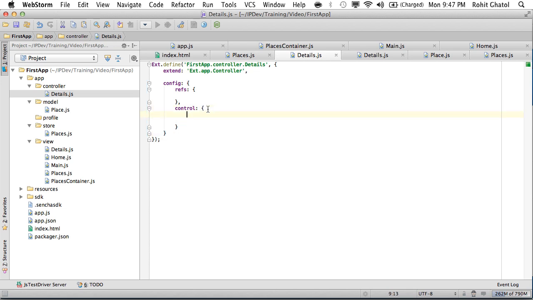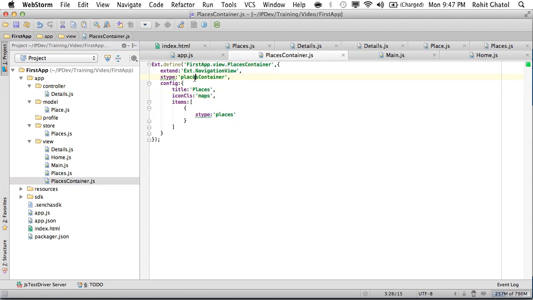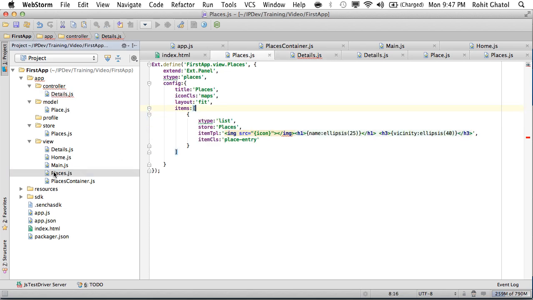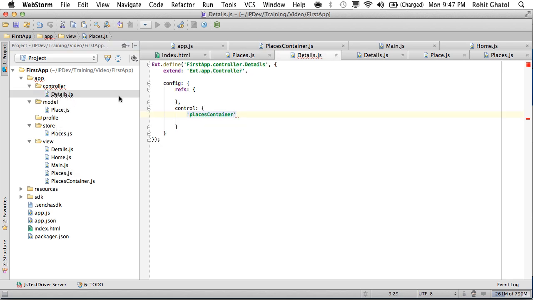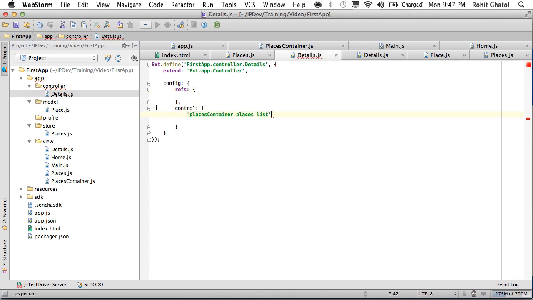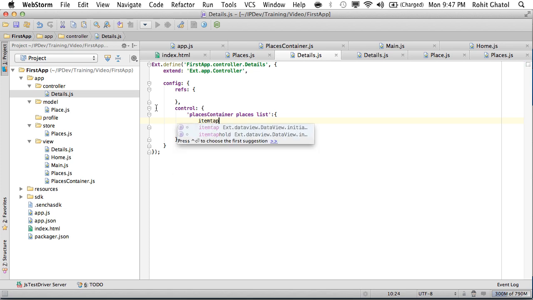So the first thing I really want to do is click on something which is inside my places container. So I'm going to take an XPath of xtypes. I'm going to say over here that inside my places container, inside my places, inside my list, I want to configure something. And here I'll say itemtap. I'll say on itemtap. Right? And here I'll define